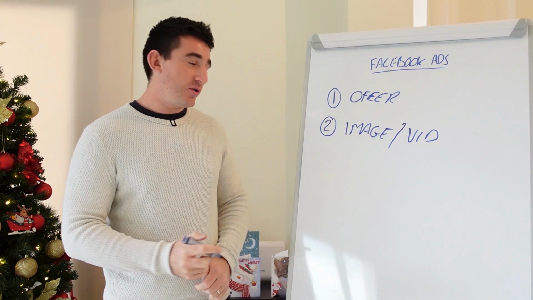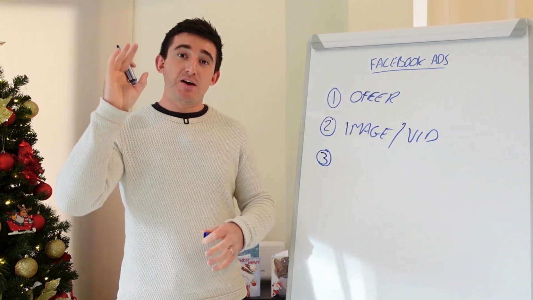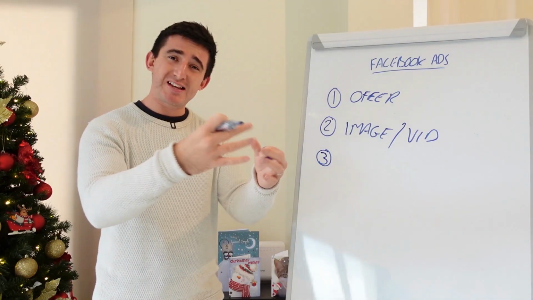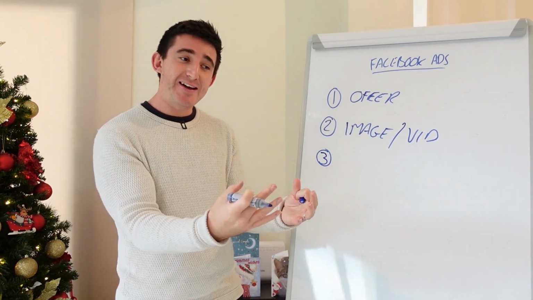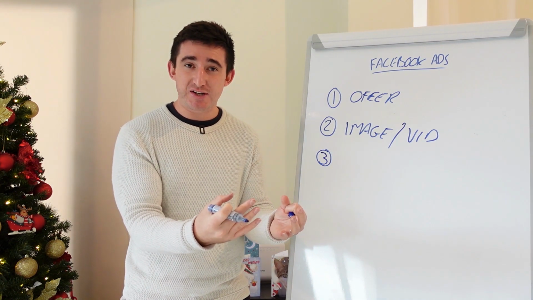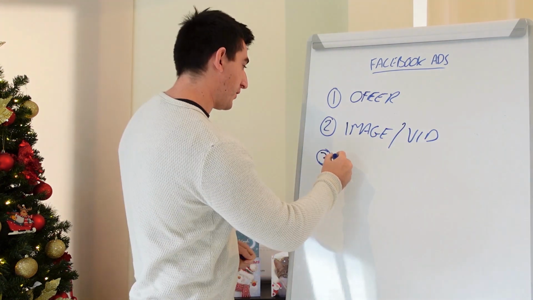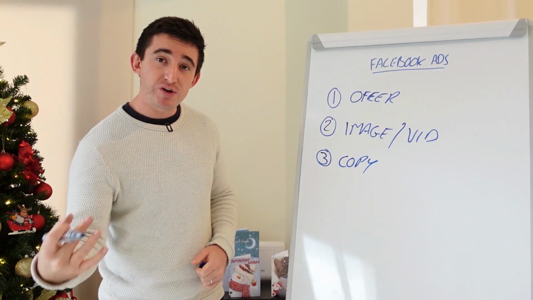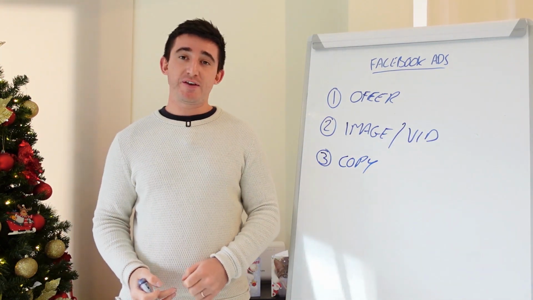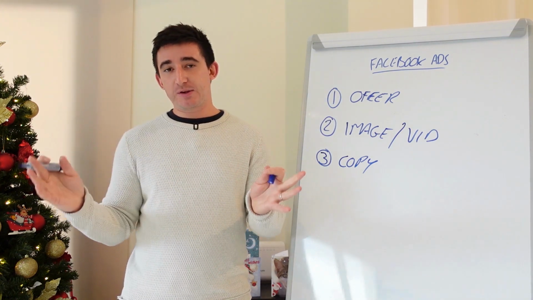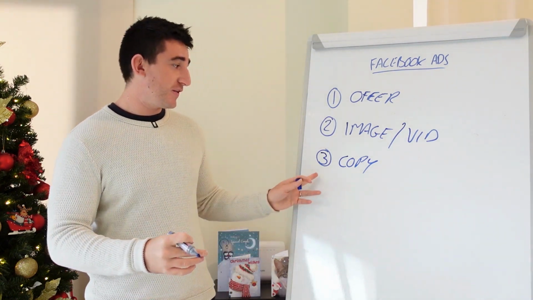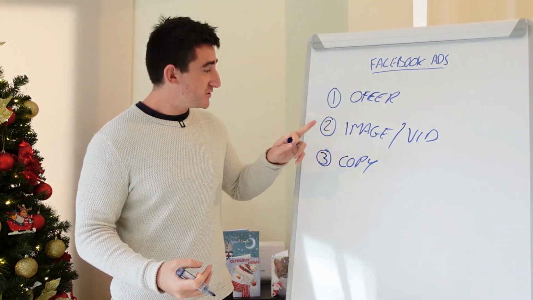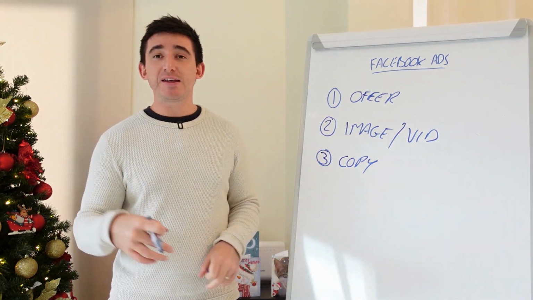And the next one, number 3, is the copy of the advert, the actual writing. What does that text, what does the headline actually say? What does the text actually say in the advert? So we're just going to call it copy because I'm including both the headline and the written copy as part of this number 3. Now, arguably, yes, they're different and they both play a different job. And the first thing that people are typically going to see in the advert is going to be the image. Once the image stops them scrolling, they're then typically going to look at